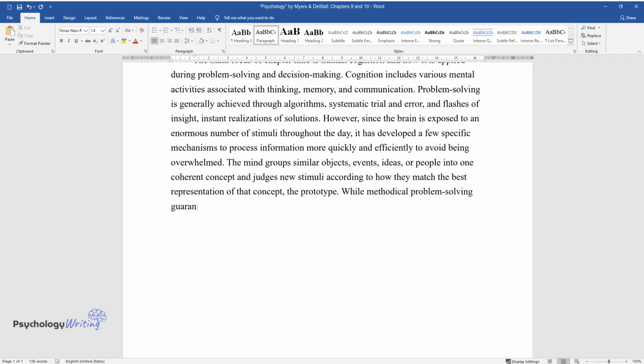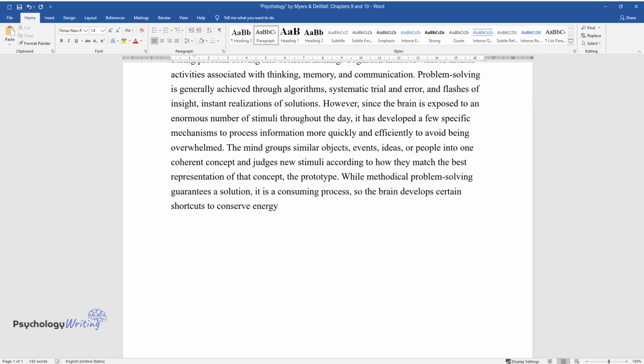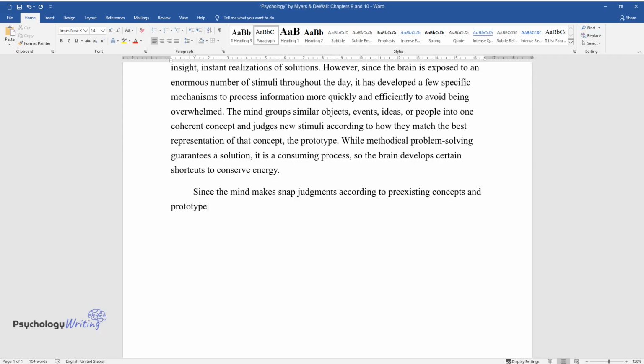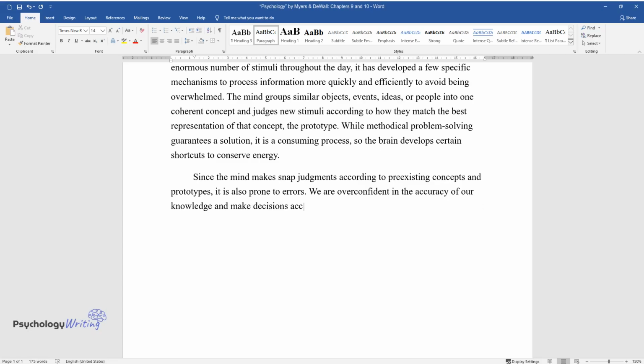While methodical problem-solving guarantees a solution, it is a consuming process, so the brain develops certain shortcuts to conserve energy. Since the mind makes snap judgments according to pre-existing concepts and prototypes, it is also prone to errors. We are overconfident in the accuracy of our knowledge and make decisions according to intuition, which can be based on